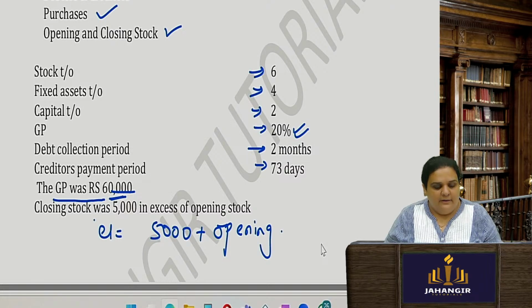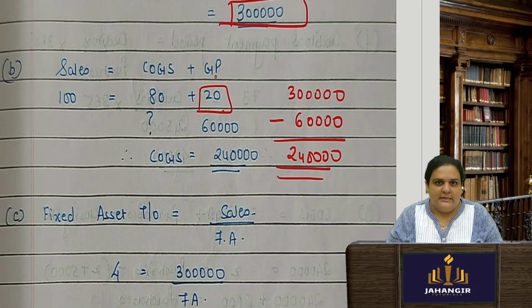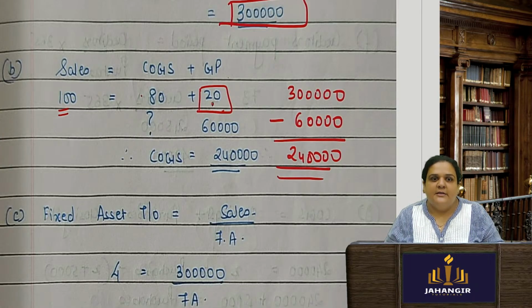I have done something which I know you are all a little curious about. Gross profit is 20% of the sales. I generally have a habit of writing this formula because you can use it. Whenever the profit is as a percentage of sales, assume sales as 100. If the profit is as a percentage of cost, then assume cost as 100. So if I am saying 20% of sales, that means 100 will be sales and 20 will be the profit. What remains will be COGS. You can do cross multiplication and also find the COGS amount.